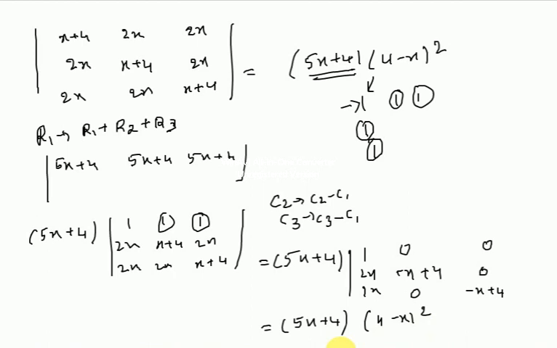So for every problem you have different steps, but the procedure I have explained is common. That is, you should look at your 1 1 1, or you need to take some common quantities outside. Otherwise, you need to look at R1 changes to R1 plus R2 plus R3, or C1 changes to C1 plus C2 plus C3. And I won't discuss that 6 marks question on integrations,